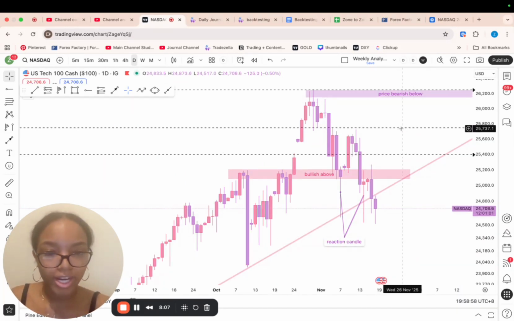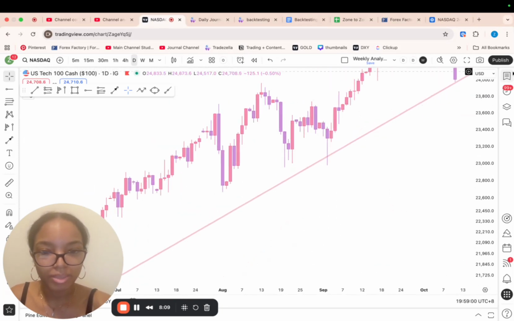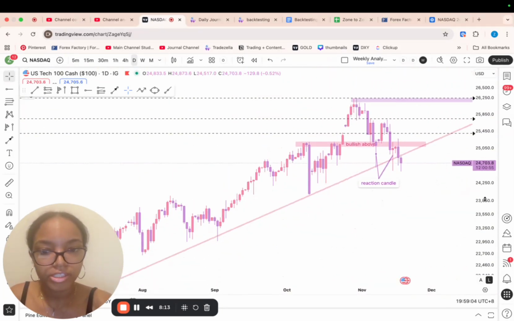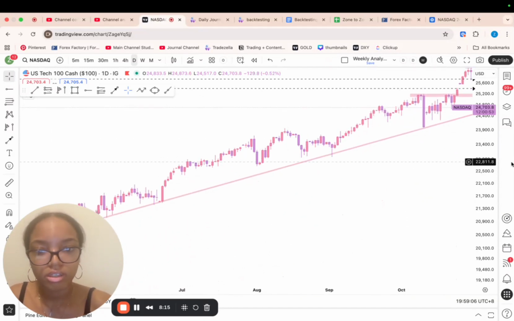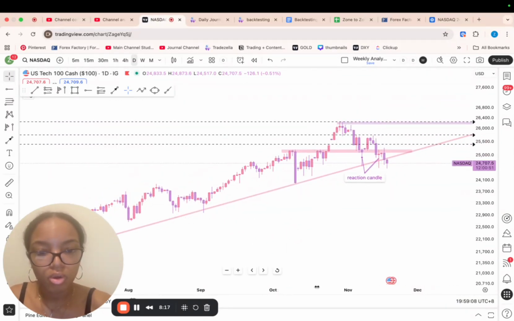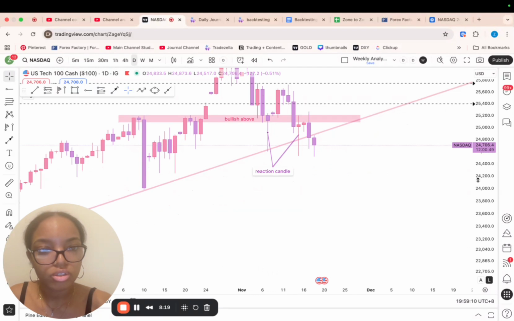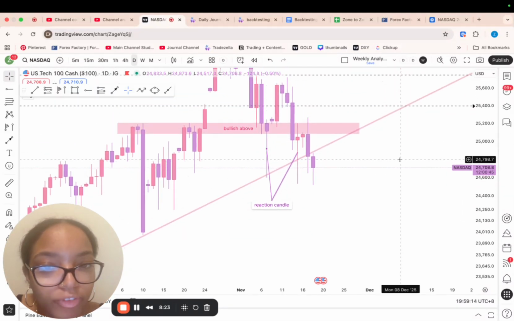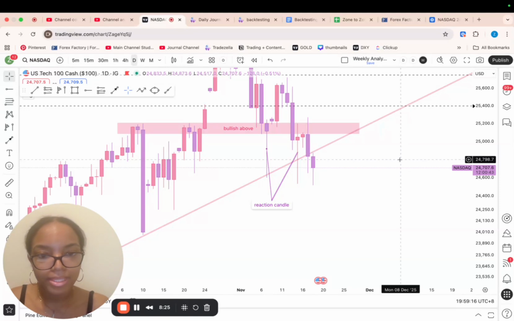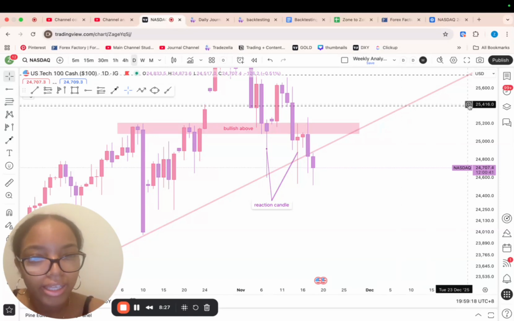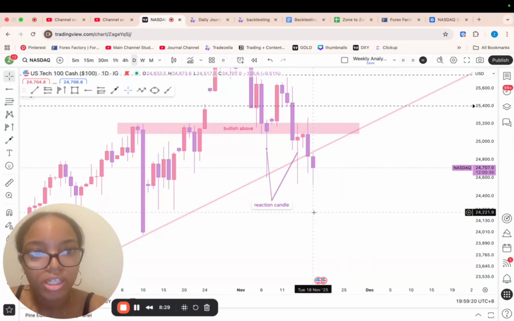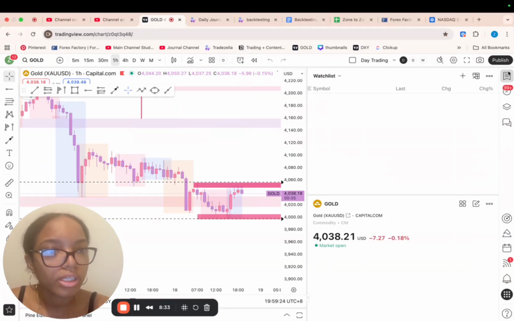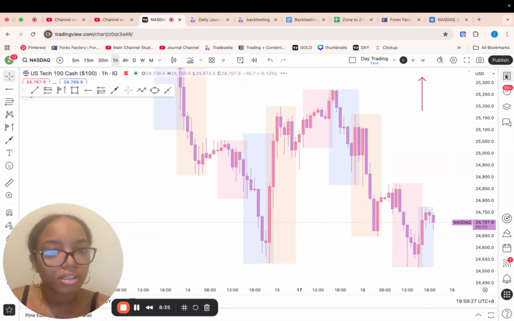Yes, and NASDAQ is breaking out of this dynamic support level here, which we had a few touch points on the higher time frame. Let's zoom out. Yeah, we had a lot of touch points on this area here, so price has obviously broken out of it, which is great, and it did have a few reaction candles at that area, so it had been testing it a few times. So I guess we could say that it's bearish. But let's go back to the daily analysis that I had for it. We're looking at gold right now. Let's go back to NASDAQ.